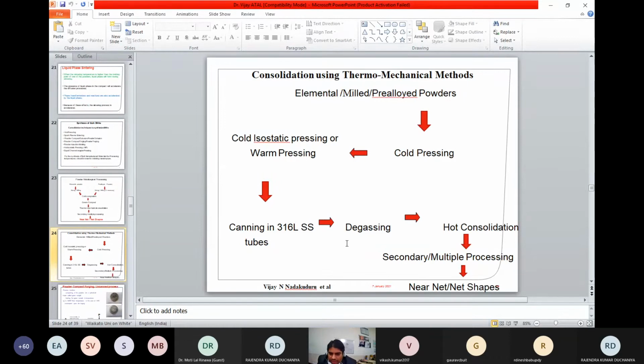So degassing. In this case, degassing becomes very essential because whenever you produce a powder, especially for use in extrusion, forging, hot isostatic pressing, these are thermomechanical processing techniques.